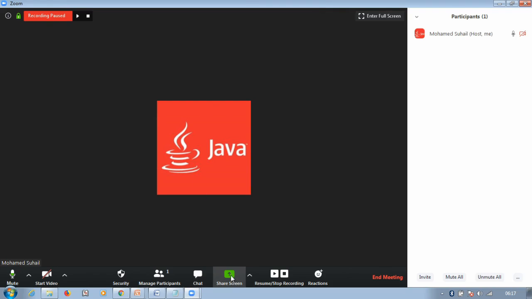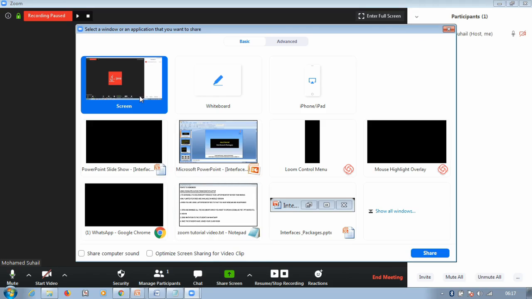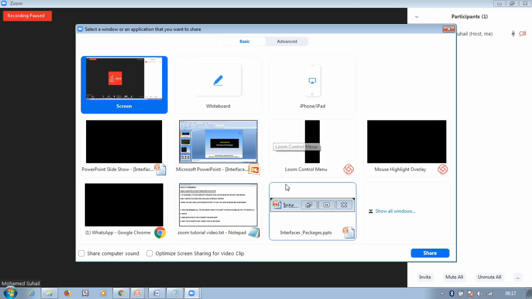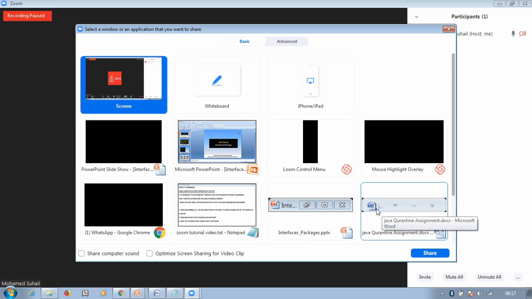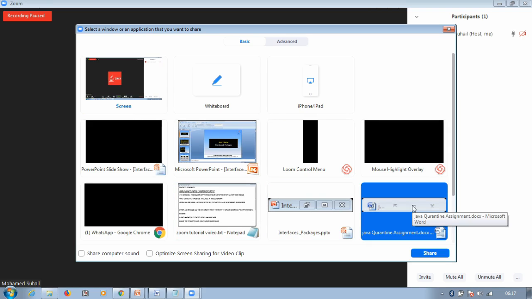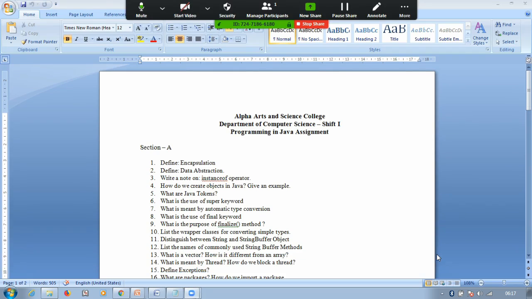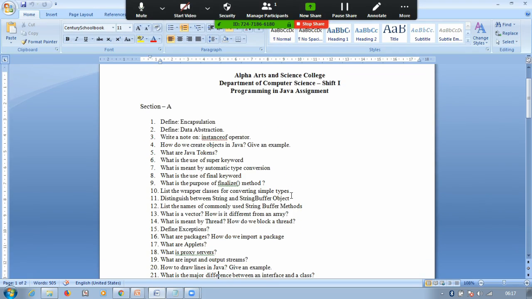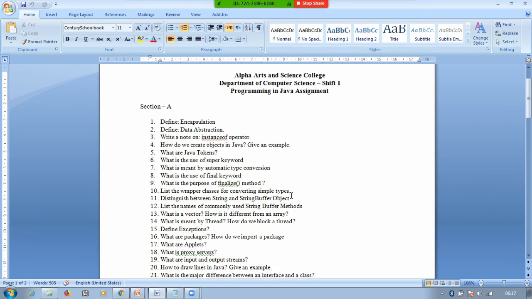Apart from the entire screen sharing, you can share even a particular application. If I want to share a Word document, for example, show all windows. You can see a Word document, and they can see my Word document here, PDF here. So the difference between the entire screen share and a particular application screen share is that in the entire screen share you can open multiple documents at a time, but in an application screen share you can open only one document.